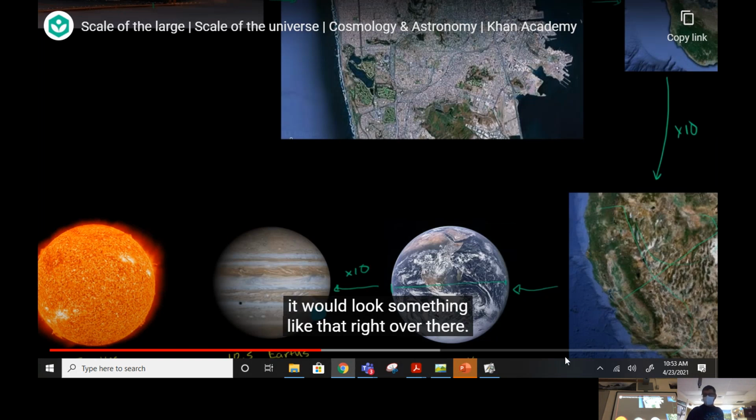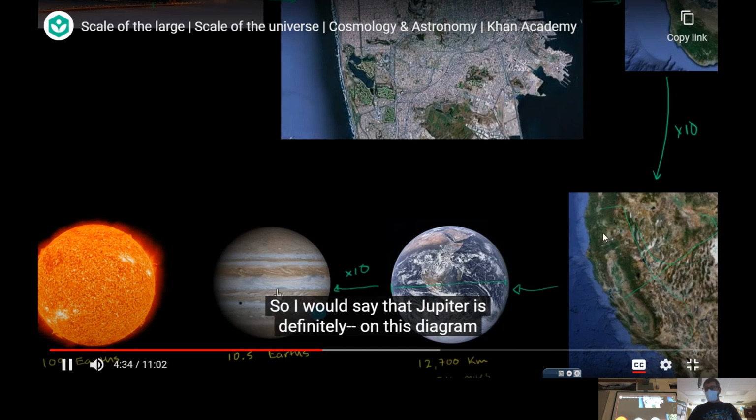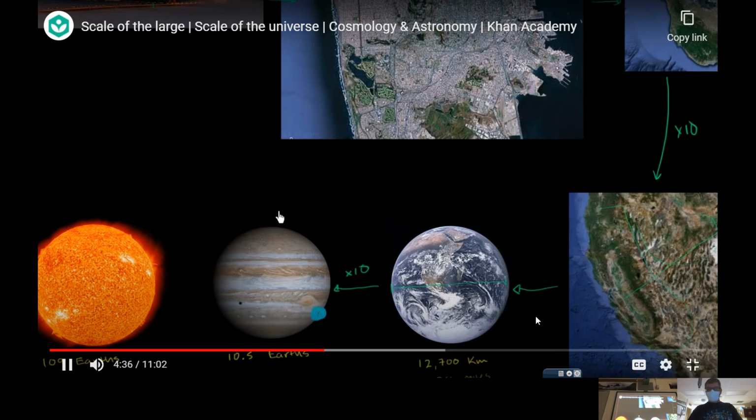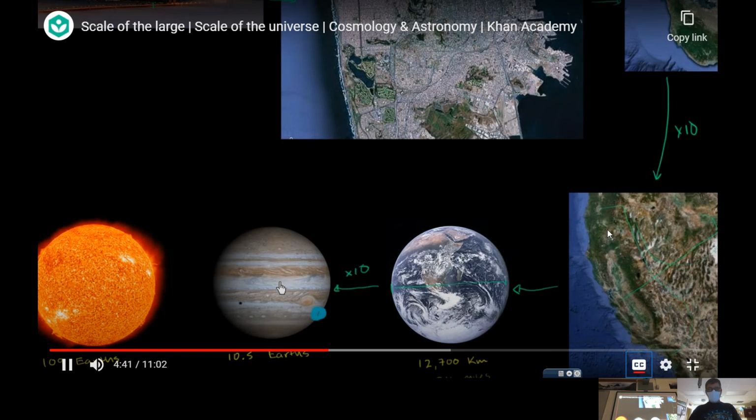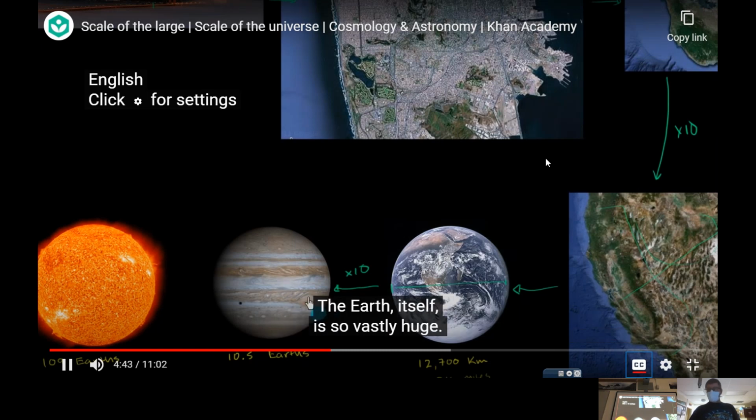Right over there. So I would say that Jupiter, on this kind of diagram that I'm drawing here, is definitely the first thing that I can't comprehend. I mean, the Earth itself